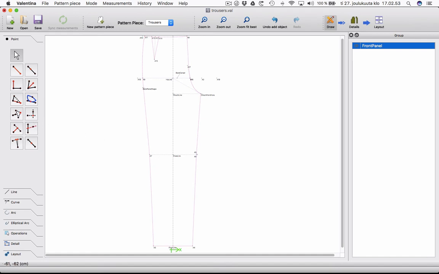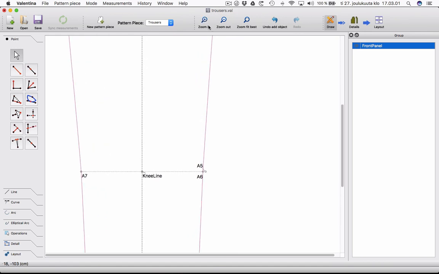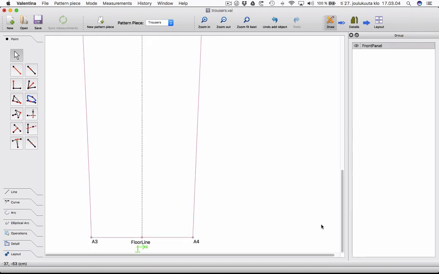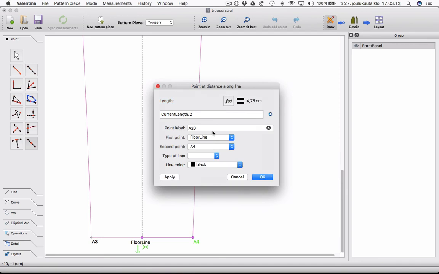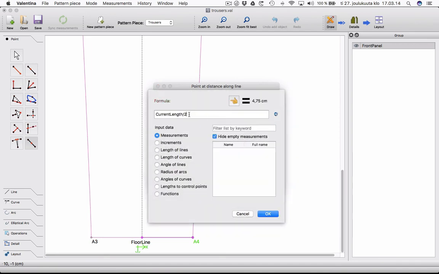Now we need to find the back crotch point, and what we need to do is find, first of all, the outer edge of the back panel, and it's using the same difference that we